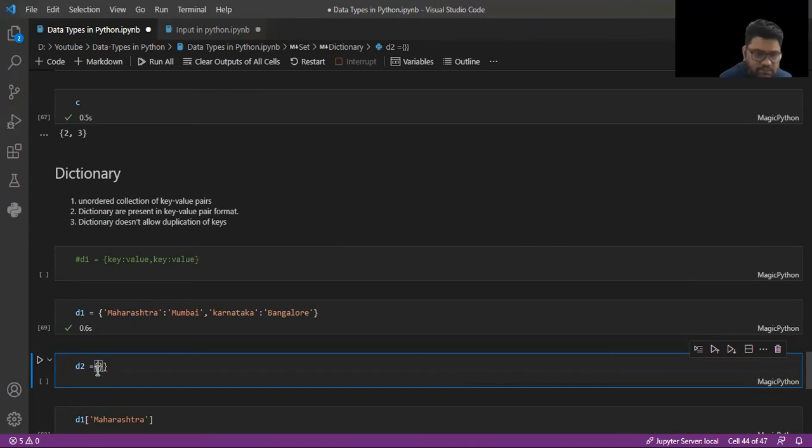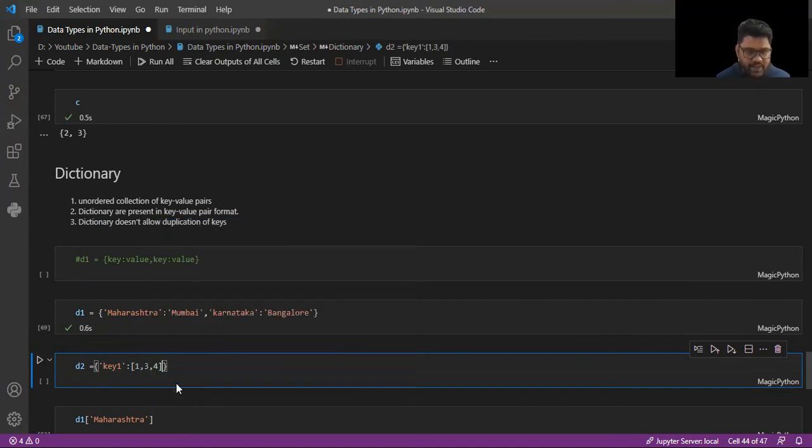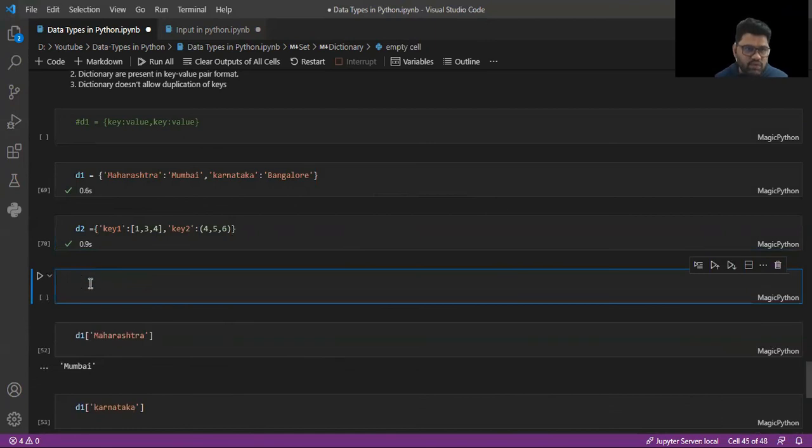Here, first key 1, and then you can declare a list as the value. And if you want to create a second key, and give a set as a value for key 2, you can do that. Likewise you can define the dictionary. If you want to print D2, you can just call D2.